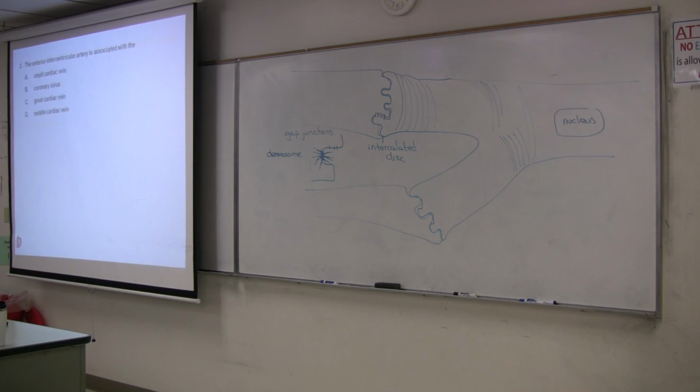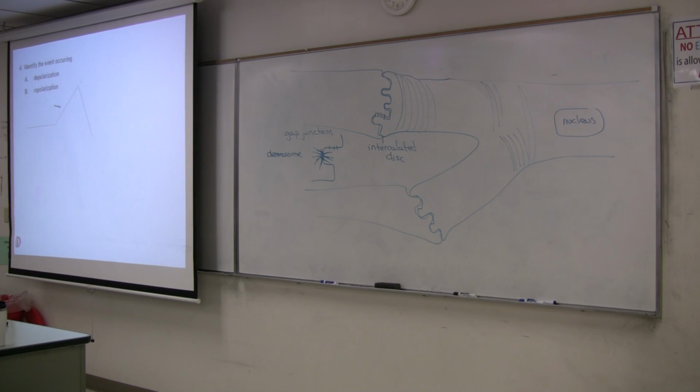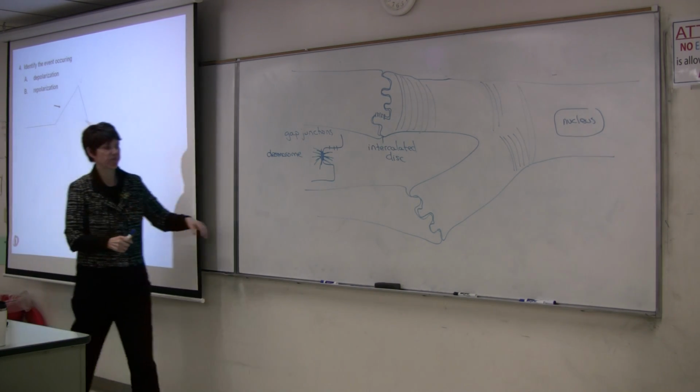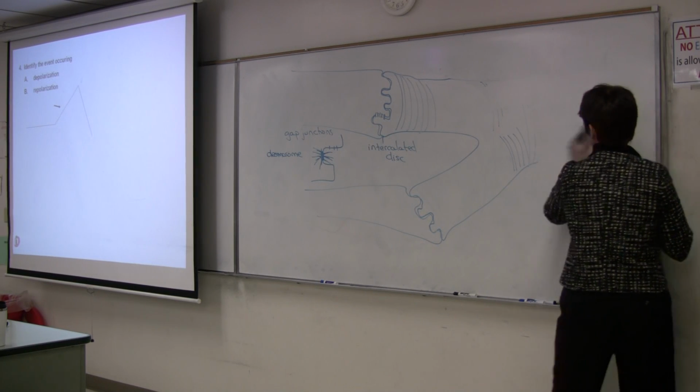Now, the cells that we're going to talk about, these are just showing the junctions here, are the autorhythmic cells first. They were cardiac contractile cells that are modified. They don't have the actin and myosin. They are not striated. That's been replaced by glycogen as a fuel source. And so I want to do some review with you for nerve and muscle